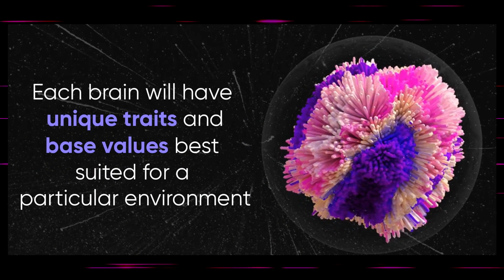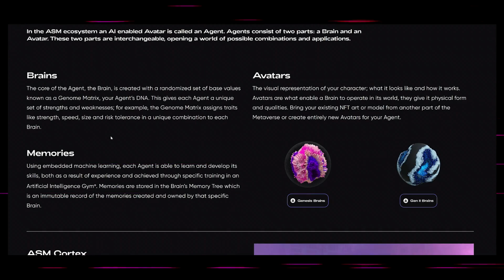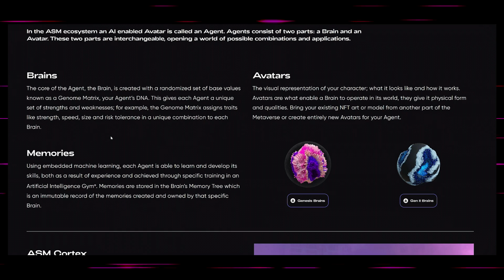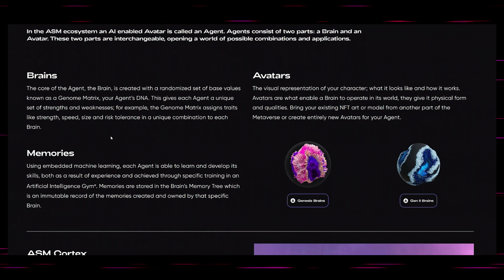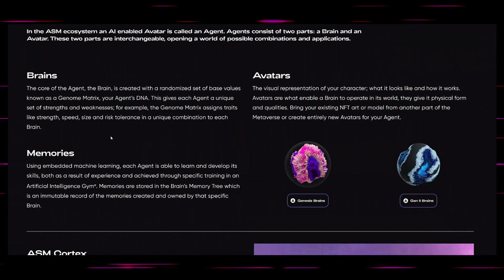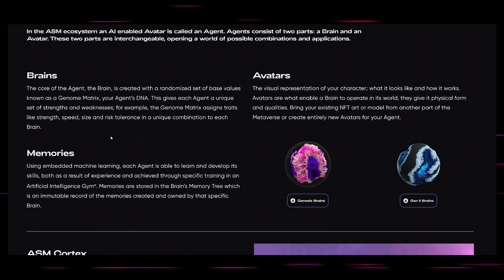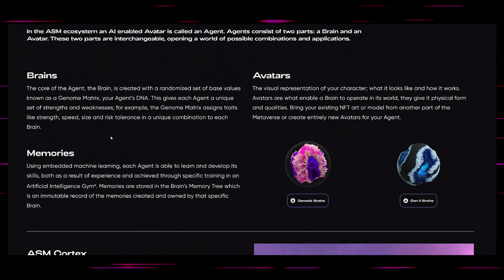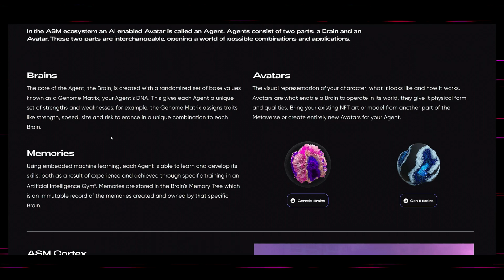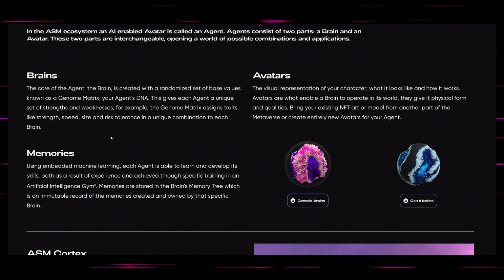So each brain is completely unique. They have their own strengths and weaknesses. You may pick a particular brain for a particular task with that NFT. Another one might not be what you want. So you use a specific brain and its matrix with an avatar and train it in a manner that you are wanting.